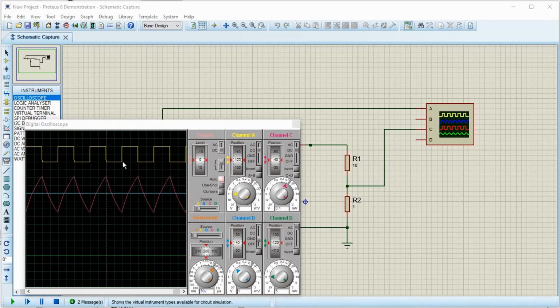Now let's consider this point where the pulse just comes on. At this point, let's assume the inductor current was 0. Lenz's law tells us that the magnitude of the current cannot change immediately. So what will happen is the inductor will produce a voltage which will oppose the change of current. So the current also will gradually increase and it hits the peak value.